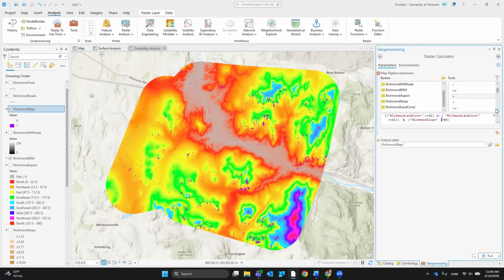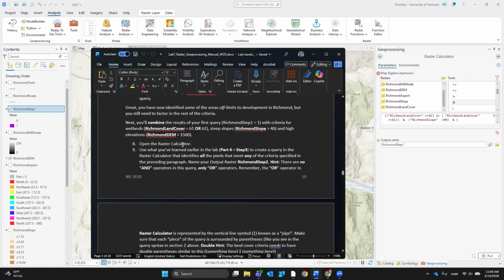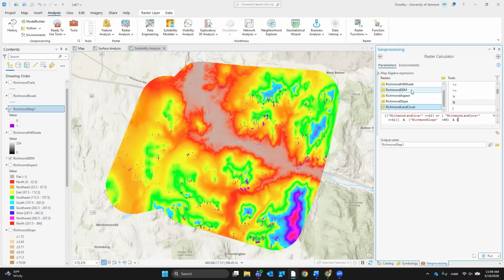And parentheses, what's our last one? Is it aspect? Oh no, digital elevation is greater than 1500. Okay. Then we do Richmond DEM. Oops. Just have to pay attention to where you put your things and where your cursor is. That's all. Richmond DEM is greater than 1500. And then go ahead and put parentheses. So this should work, and we'll see if I screwed up any of the code.